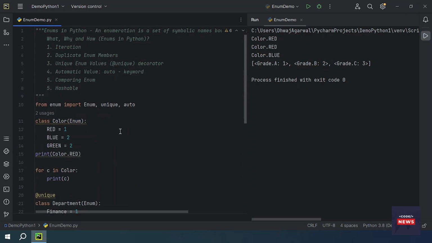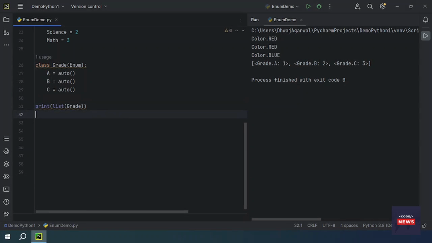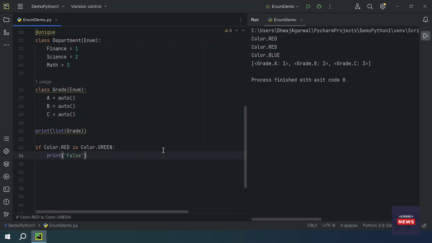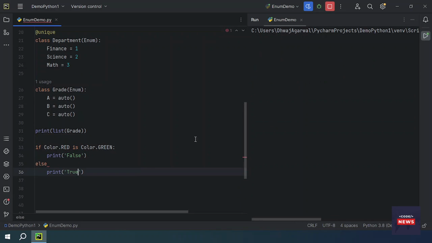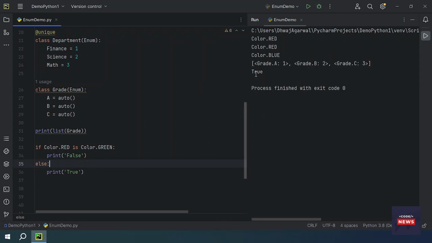Now let's move to our next point, comparison. How to compare enums? Enumeration members are compared by identity. If you want to compare with Color.green, this is the way we can compare. It was not true, that's why this line was not printed. You want to print yes, true. It will print true because this condition is false.